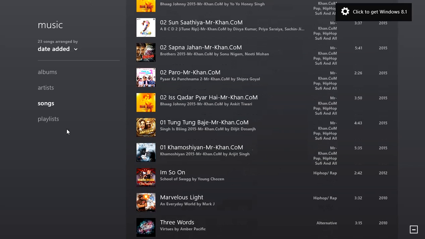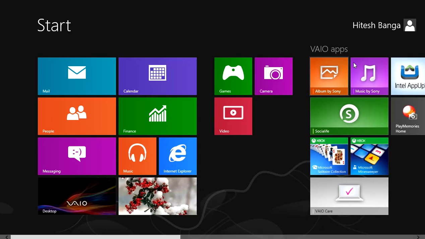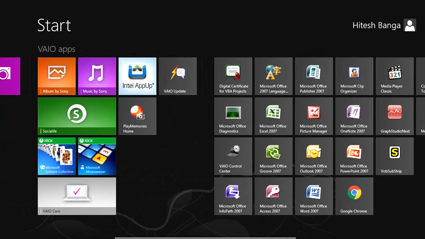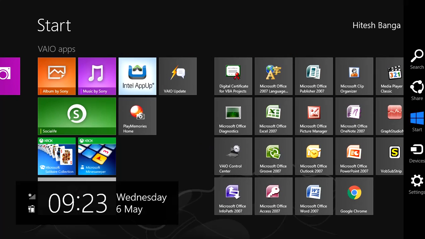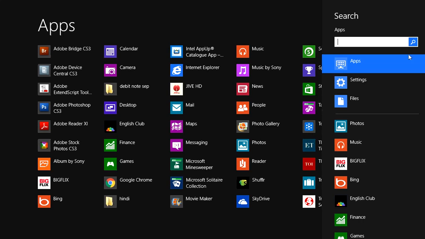Okay, so now again I am clicking at start button. Now I will show you how to search any application. So I am clicking here.